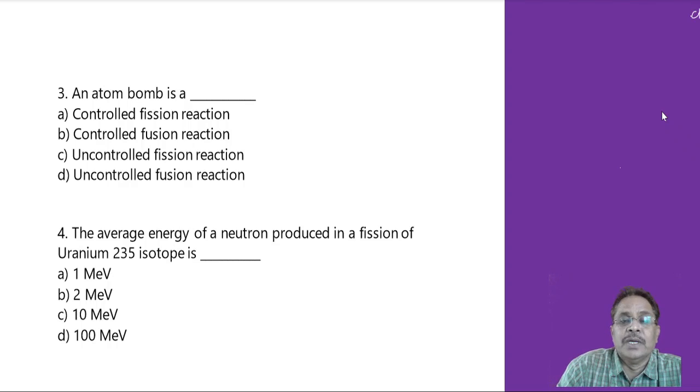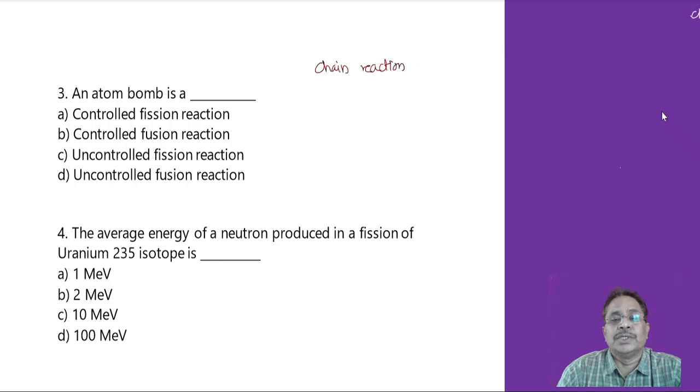So basically there occurs a chain reaction: when the first nucleus undergoes reaction, whatever neutrons are generated can be used for further fission, and thereby one after another this reaction can be carried out. But in the case of an atomic bomb, we do not apply any control mechanism. Therefore this chain fission reaction becomes uncontrolled,